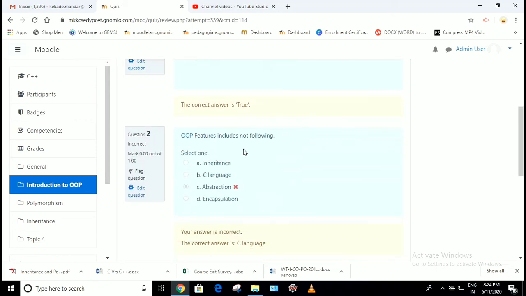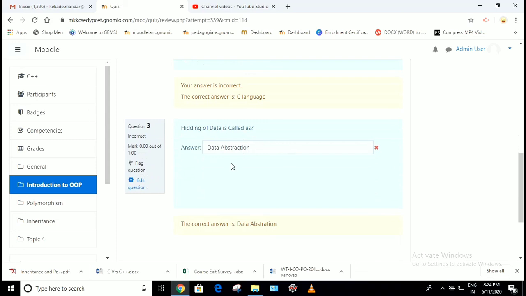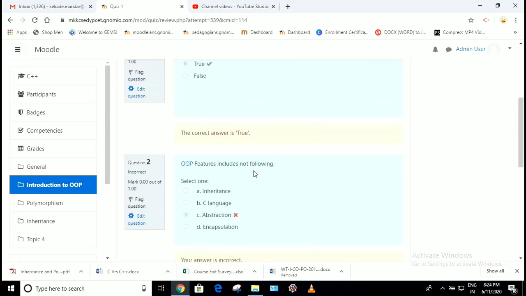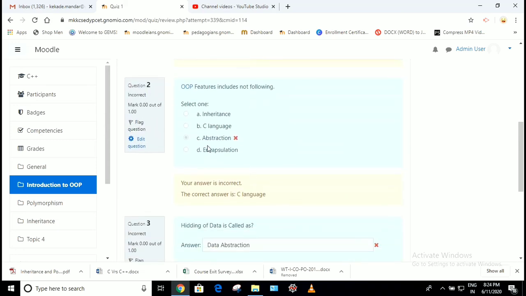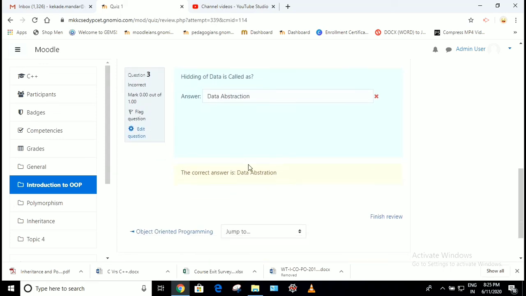The other 2 questions have been answered wrong. He can cross check what is the actual answer of this question. Now the actual answer of this question is C language. The actual answer of this question is data abstraction. Now we have made a spelling mistake here. So of course it will not consider this to be the correct answer.